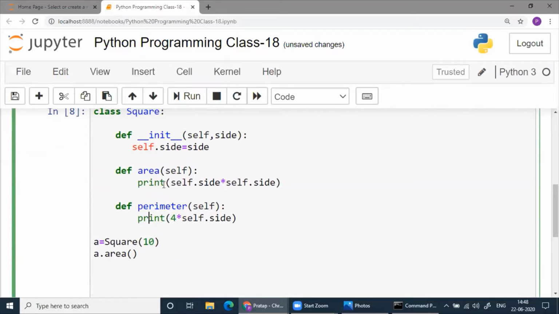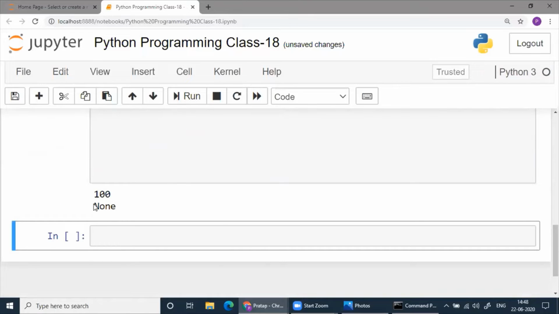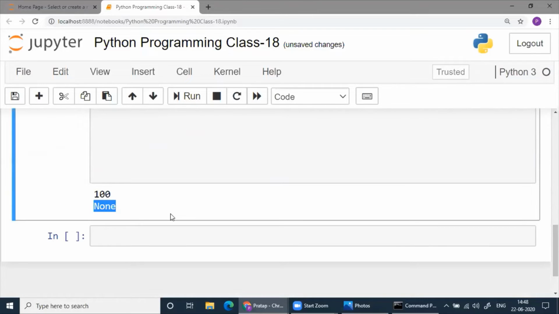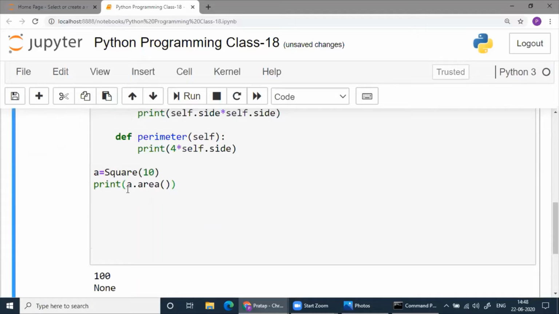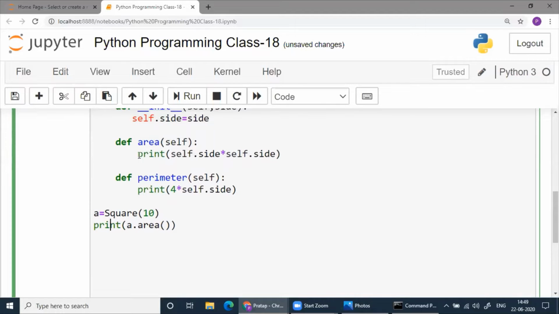Return is a better one, because if you try to print the result of the call, you will not get anything here. Whatever you got in return when you call this method, you want to print it, but it didn't return anything. It's only showing this one.